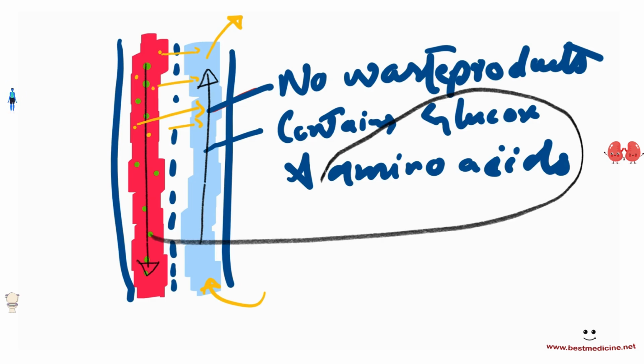Number one, dialysis fluid's composition. The dialysis fluid does not contain any waste products. It contains glucose and amino acids, for example, in the normal quantities, but it does not contain any waste products, so that the waste products can diffuse across the membrane. Number two, it contains a very thin, partially permeable membrane, which does not allow any red blood cells, for example, or white blood cells or proteins to leak out. Number three is that fresh dialysis fluid is always coming in and the used one is always leaving, so that we have a concentration gradient that is